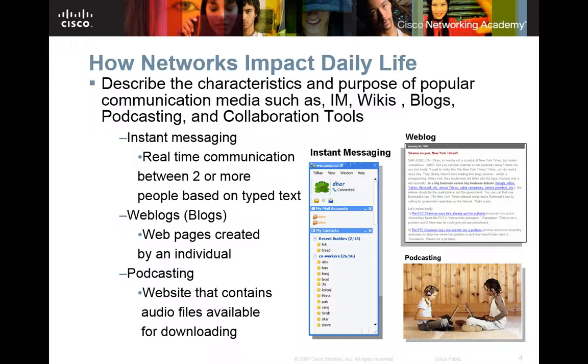So when we think about these different ideas and how prevalent they are in our society, we're talking about instant messaging. Well, that was pretty popular back in the early 2000s. Basically, it's a one-to-another, peer-to-peer type conversation. Then we have blogs, which they still do a lot of now, or weblogs, we should say. Podcasting used to be a big trend, but it's not as much anymore.